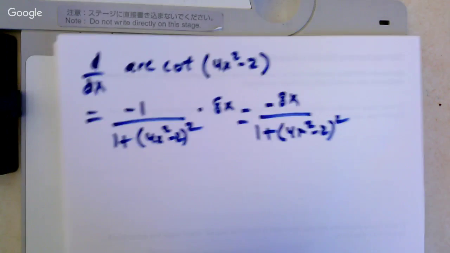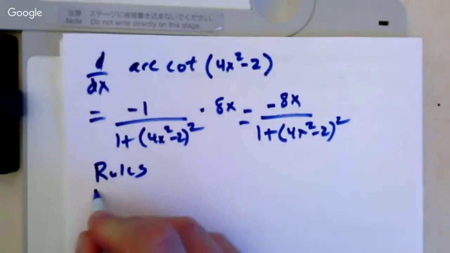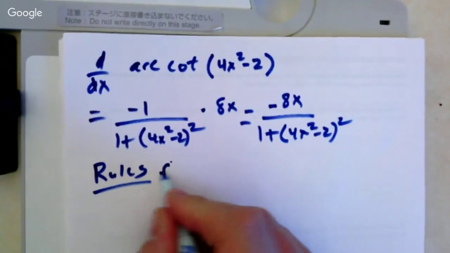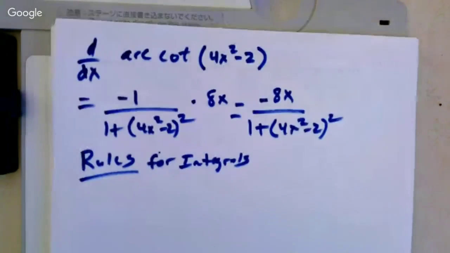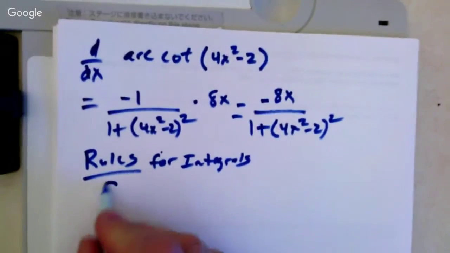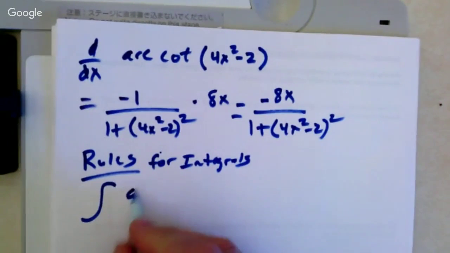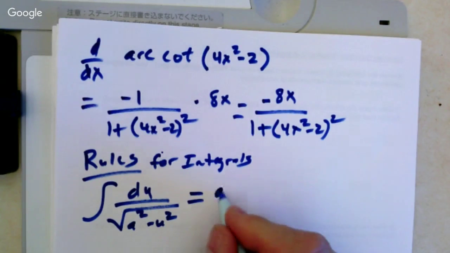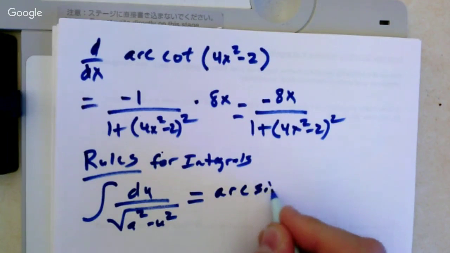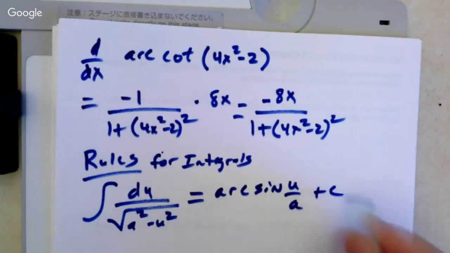Okay, so let's get these out here so we can then pick up with two of the rules for integrals of these. If you have the integral of the square root of a squared minus u squared, what does that feel like? It's the square root of a squared minus u squared. That feels like a sine. That's equal to the arc sine of u over a plus c.